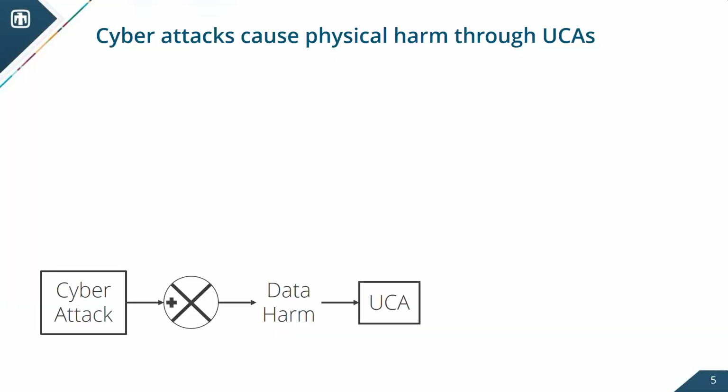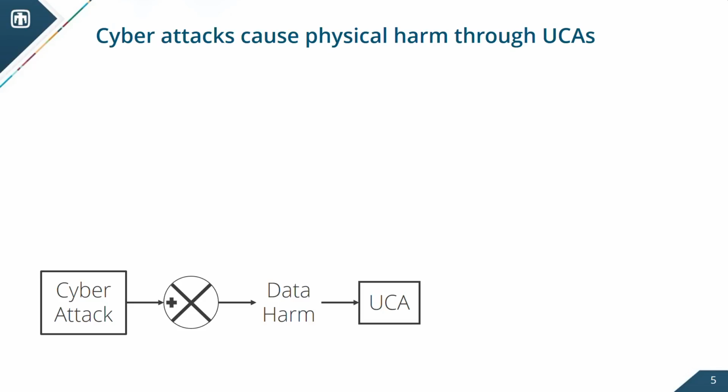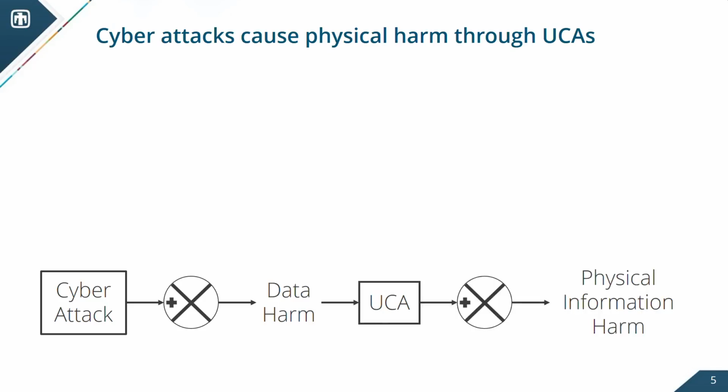Then the second postulate comes in, and that's what you're seeing here: a cyber attack can only increase data harm, right? So this cyber attack adds a plus to the data harm, and eventually the adversary is able to cause enough data harm to initiate that unsafe control action and start that cascade from the unsafe control action to the hazard that brings about the physical loss, that consequence. So it's no different than that traffic light example, right? You turn both lights to green, eventually, if you wait long enough, you're probably going to get a car accident, and you might definitely get vehicle damage or injury or death.